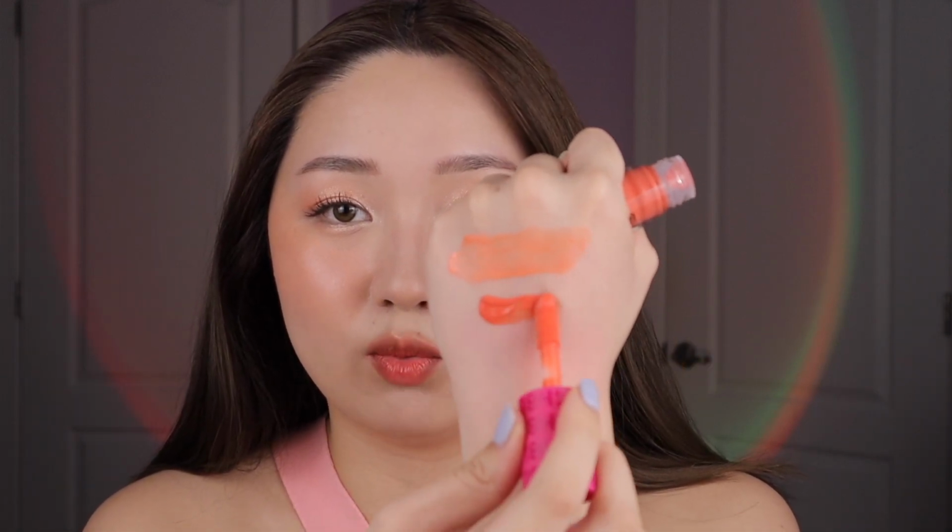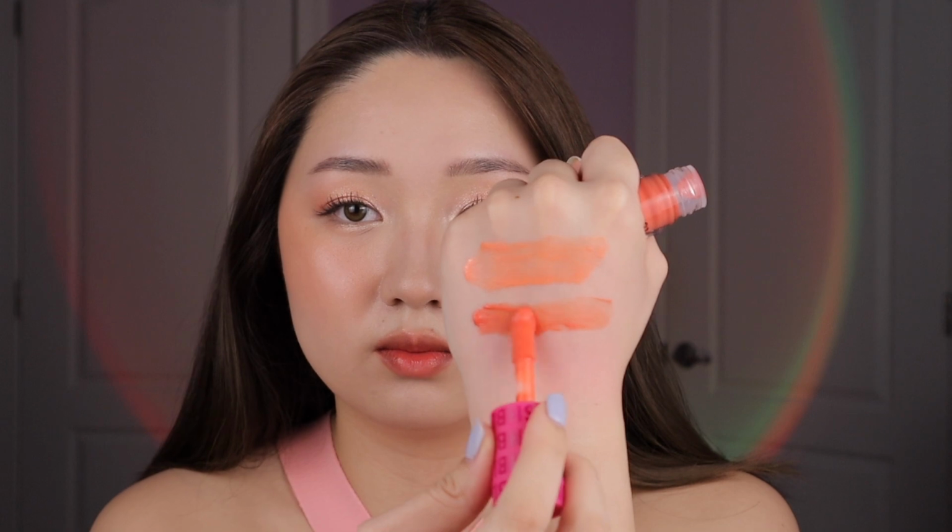And it's really nice for me, for my fair skin tone, because it has this pastel tone to it while still having this brightness. If you have fair skin, definitely look into this one. Next up we have Glam Orange, which is very similar, but it's definitely just more orange and more pigmented, as you can see here. And these have a dewy finish, so they're more similar to the Rare Beauty dewy formula, but I would say these are a little bit more glossy than those,